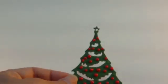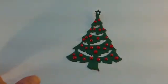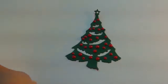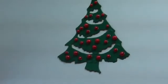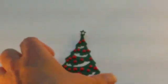And when you put that against the white again, it looks like the snow is on the thing. Let me bring that up a little closer. Looks like snow-laden branches. Now, you can cut vinyl,